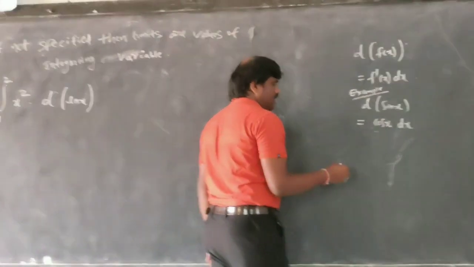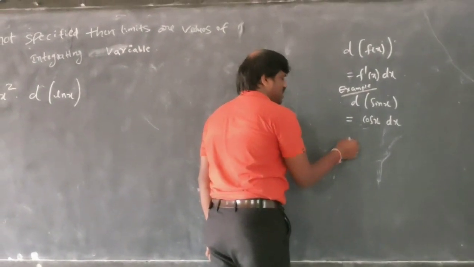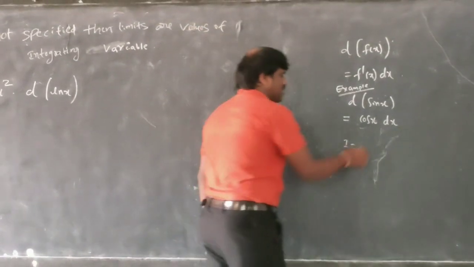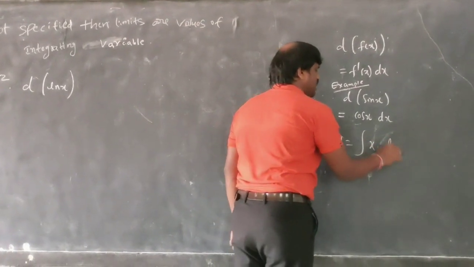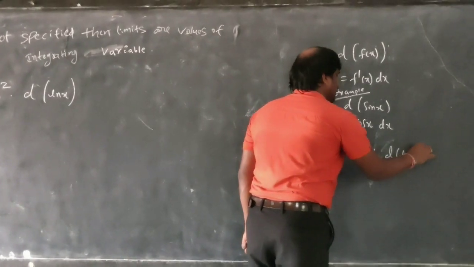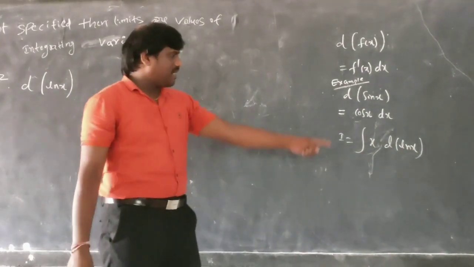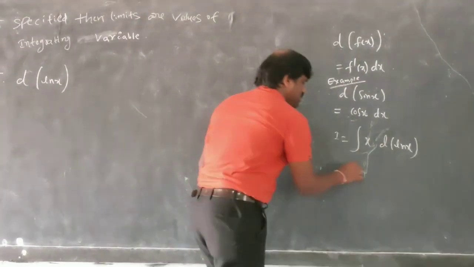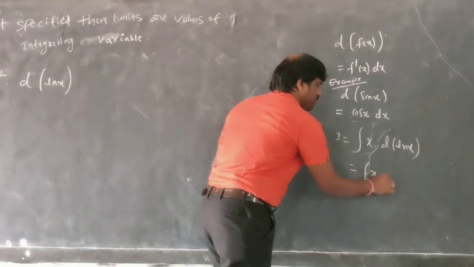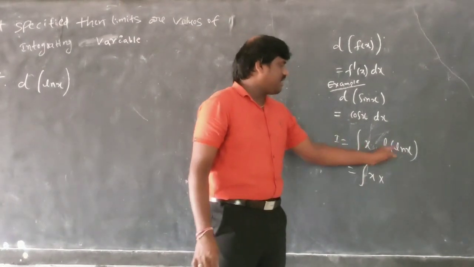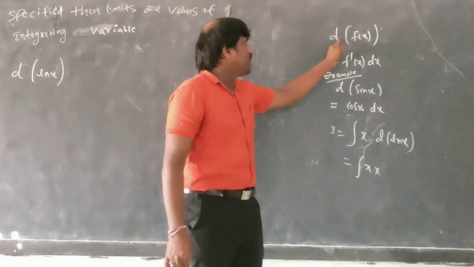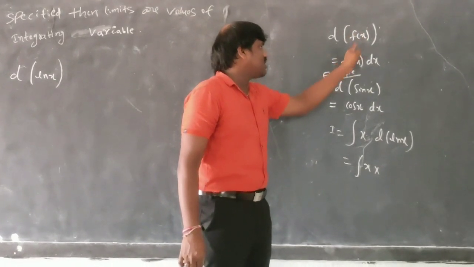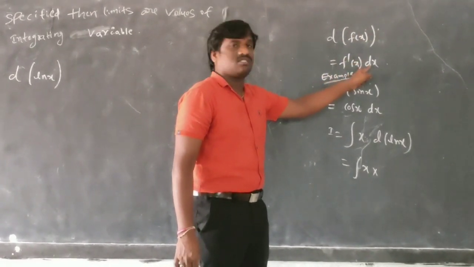Suppose you have to find integration, going to indefinite integration. Now somebody asks you what is the integration of x d ln x? What do you do here? We write x here. This is the common thing. But when you have d ln x, according to this, if you have d f of x, then you have to differentiate this function, that is f dash of x dx you get.